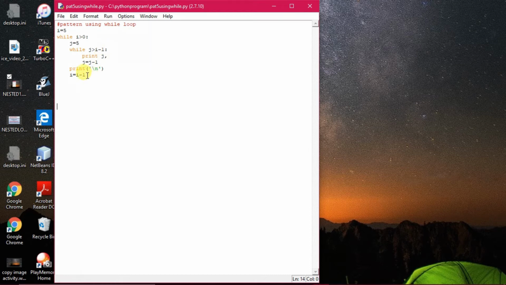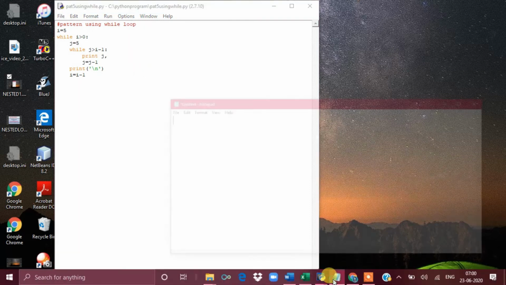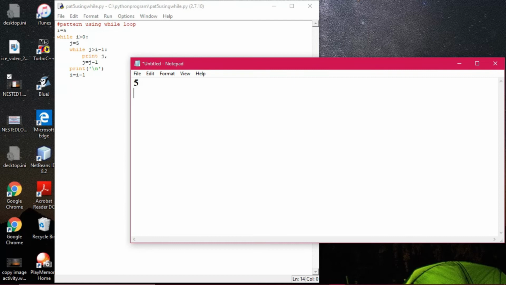Then what is happening? j is decreasing its value to 4. That means in the first case 5 only will be printed. All right, then what is happening? 5 minus 1 is 4. Now 4 is greater than 0. Yes, it is greater than 0. So what is happening? 5 greater than 4. So this one will become how much? The value of 4 minus 1 is how much? 3. That means 2 times the loop will be rotating, that is 5 and 4. All right, so what I had told you, the first time value 5 will be printed, and next time 5 and 4 will be printed.